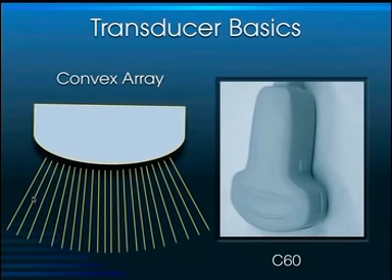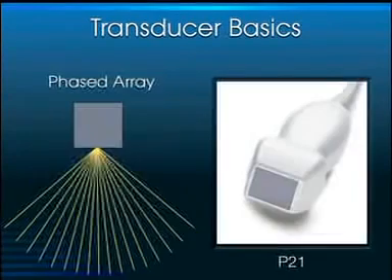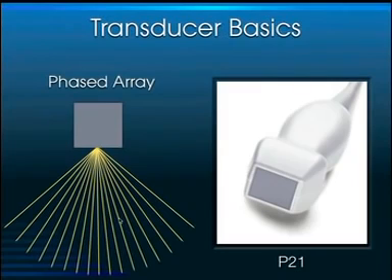So it's important whenever working with an array transducer to try to center the structure that you're looking at down the center of the screen, to take advantage of the fact that the scan lines are a little bit closer together. Now it's not so much of a problem with the C60, but when you get to the phased array transducers, where all the sound comes from a single source, then the edges splay out from one another a little more,